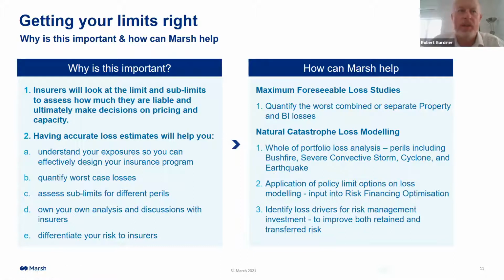Absolutely. So, as we see in the current market conditions, the policy limit and ultimately sub-limits is a major driver in pricing and capacity. In a soft market, we've seen many clients topping up limits and buying limits that have been readily available and relatively cost efficient. But in this current market, we are seeing far more scrutiny and technical underwriting from insurers as they review their book of business, and that's bringing increased focus on those clients with high limits. It's looking at the sub-limits that sit within a policy, be it from damage sustained from flood or hail or so on. And it's ultimately leading to difficult negotiations if our clients don't have a complete understanding of their risk profile.